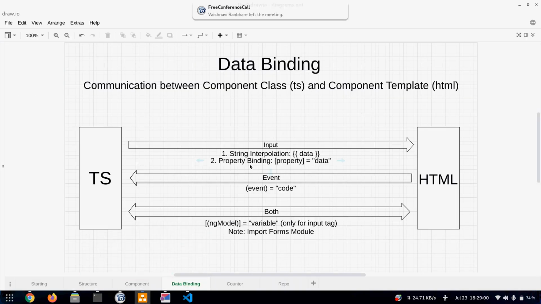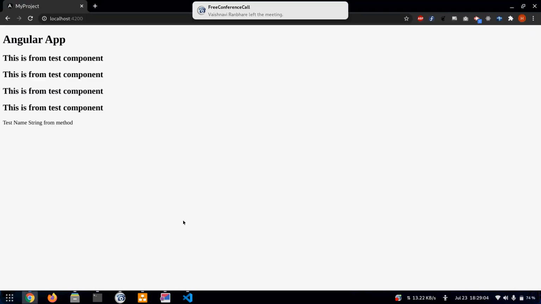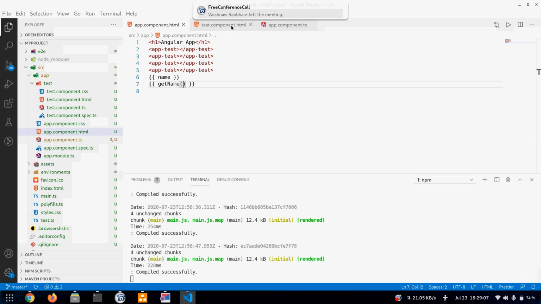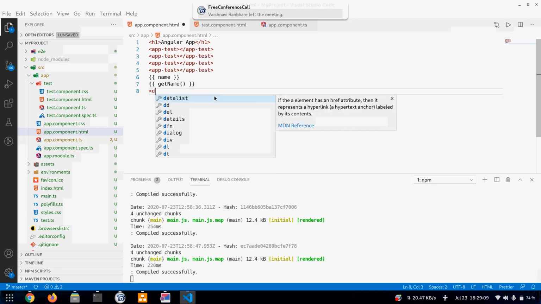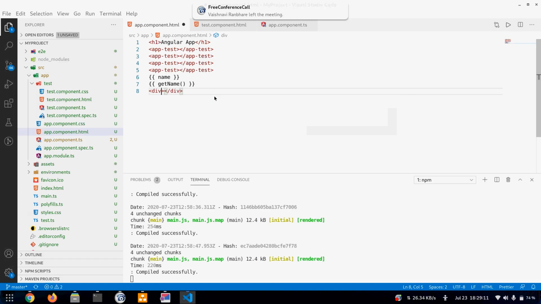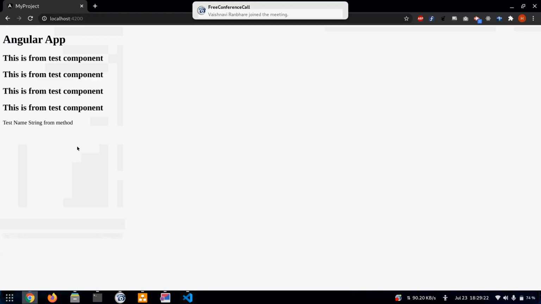Then the second way to input the data is property binding. Like we have a div here, and we can also set its inner HTML. Okay, we can set a property like this.